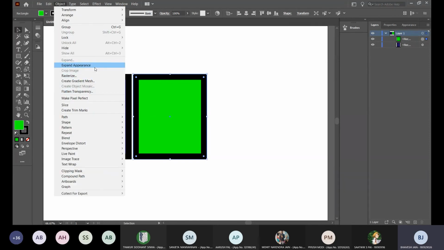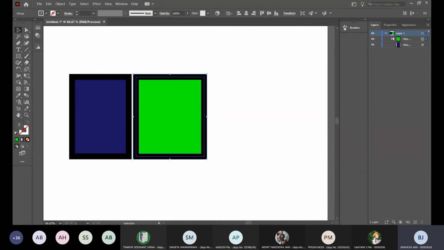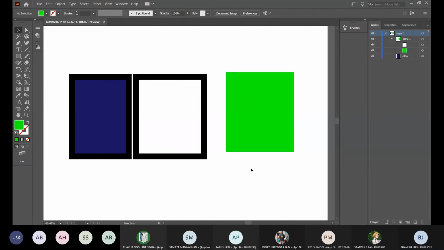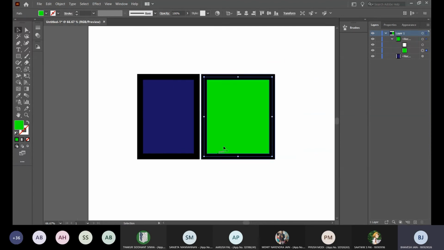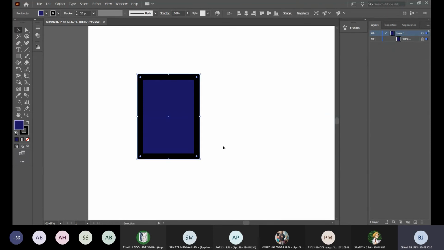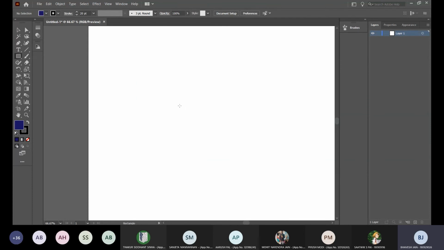So what it does is it creates a separate object out of all of your components. Like stroke will become a component, your fill will become a component, and so on. Now I can go here. I select this. I drag this. Your color is out. And now this is a separate object. So what you're saying is that can be done, but you cannot remove border from one side. So there's a way around it.